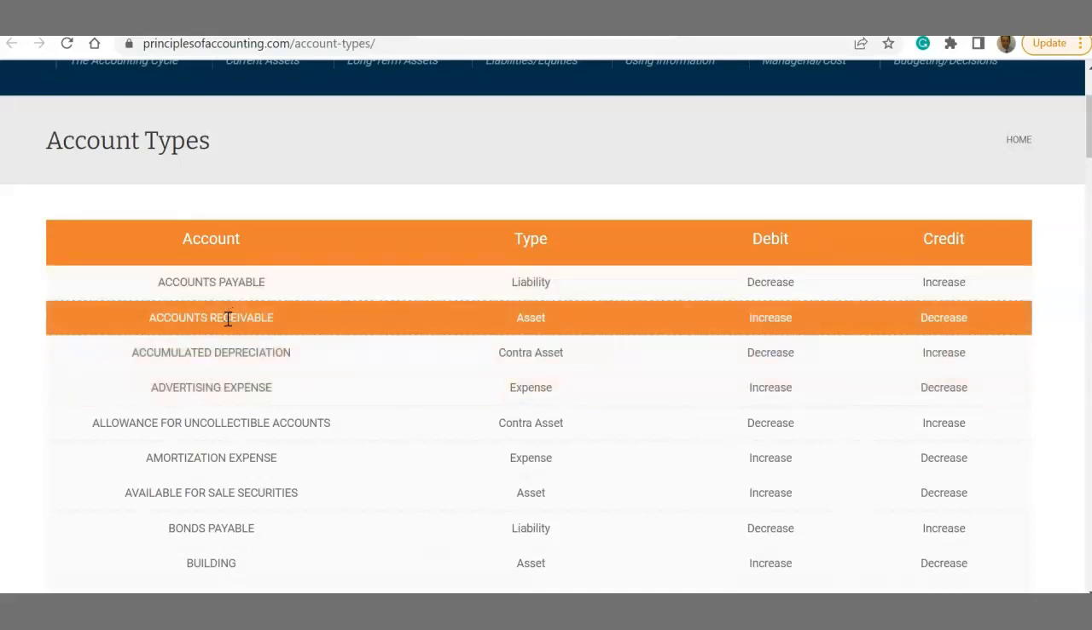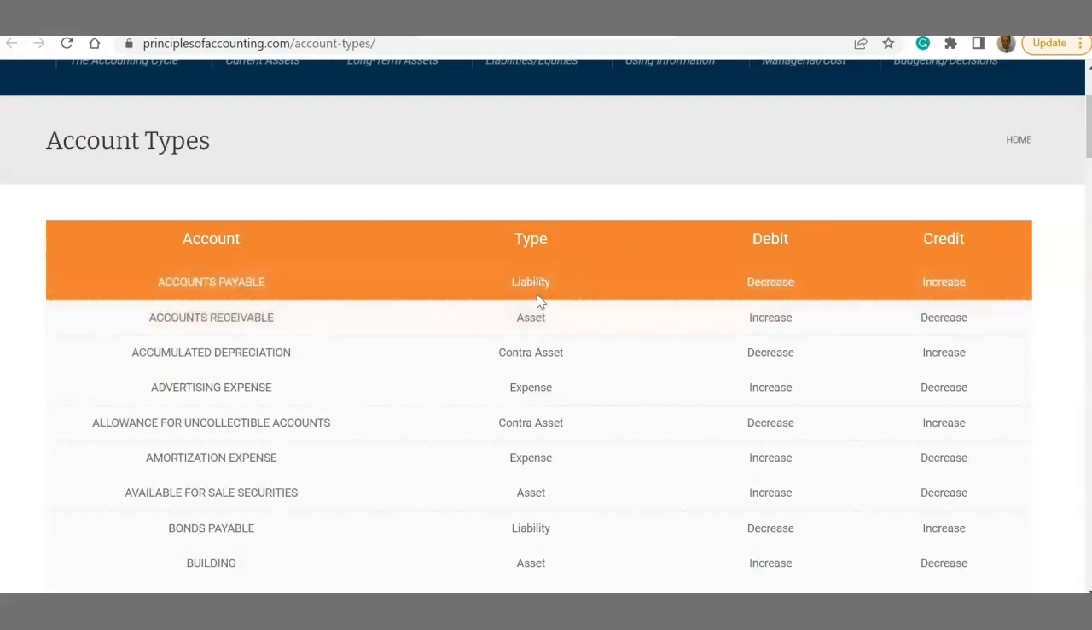Accounts receivable are services that you already provided, and you sent an invoice, and now you are waiting for a check. Those are accounts receivable. Accounts receivable is an asset, almost like cash. And the normal balance for any asset is debit. Asset, debit. So make sure you know the normal balance for asset,